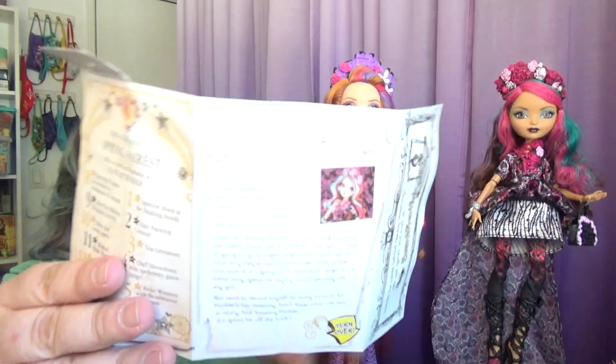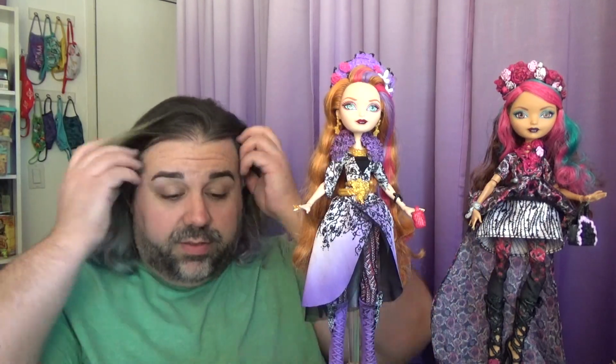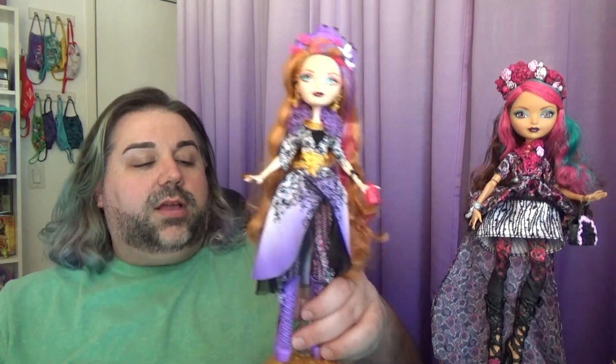The only difference is her little blurb. This one is from Briar. Her little journal entry about the Spring Fairest Festival. So anyway, let's take a look at the dolls. So first I'm going to move this...